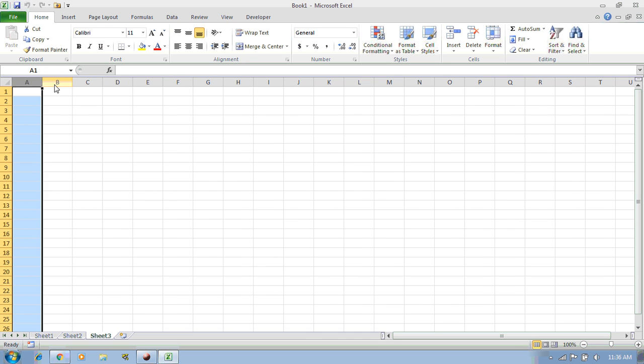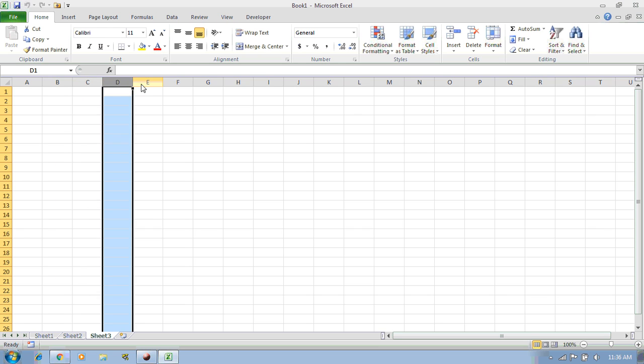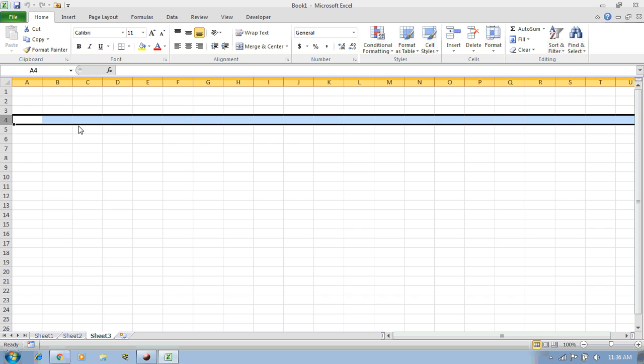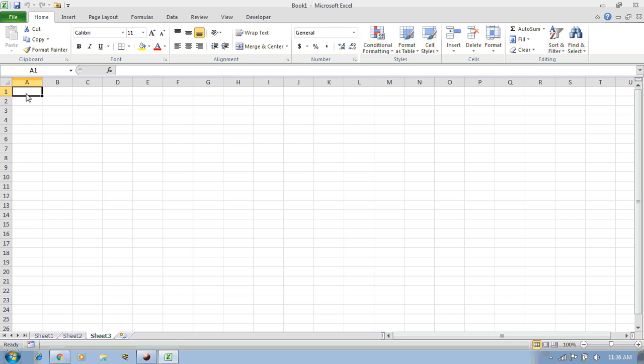Mainly these are called the columns in Excel, and these are called the rows. If we say in layman language, or in technical language as well, Excel saves the data into row and column formats.